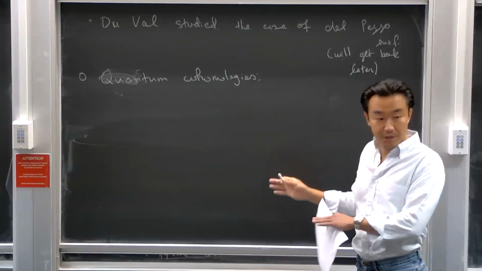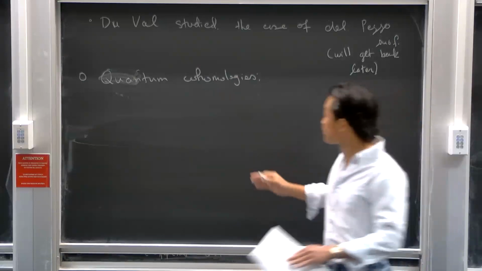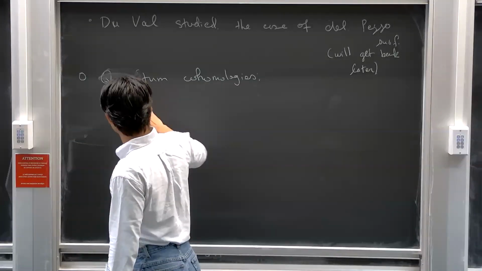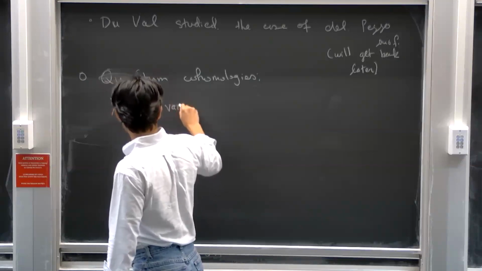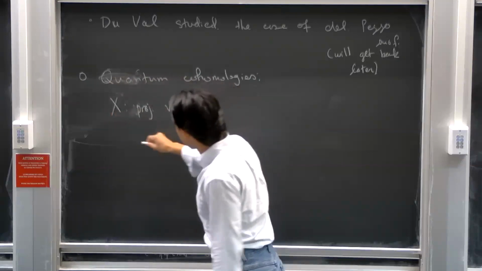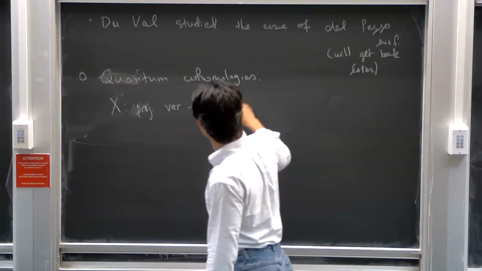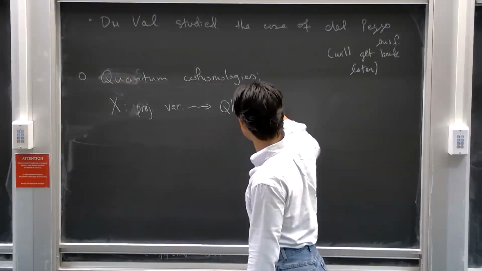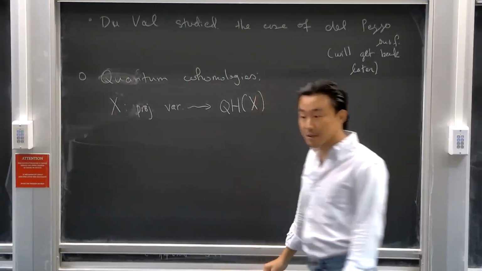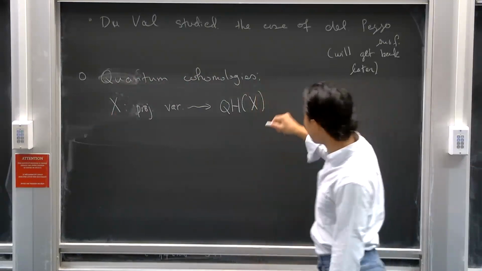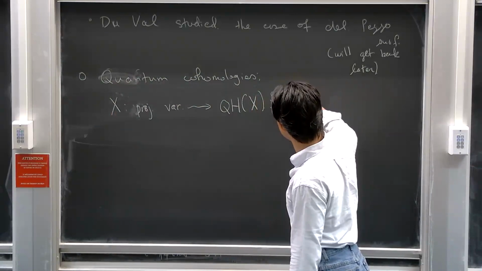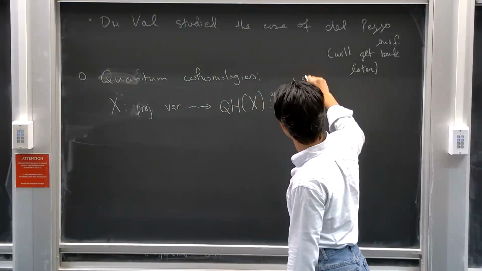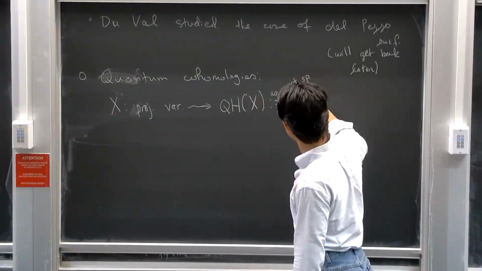And it's defined for, let's say, projective varieties. Given a projective variety, you get an algebra, which as a vector space is just the